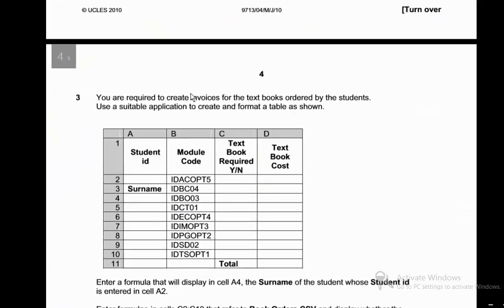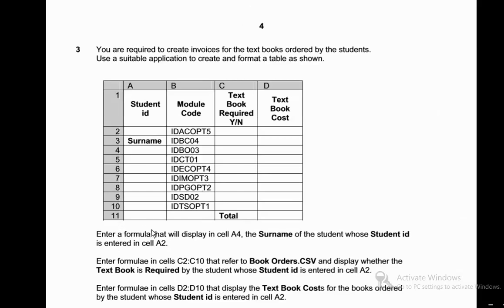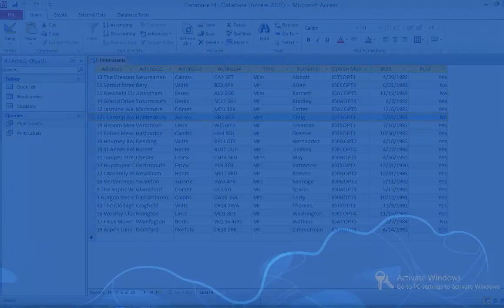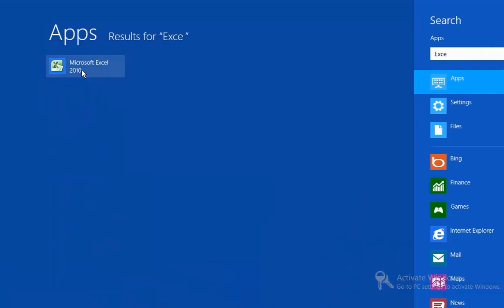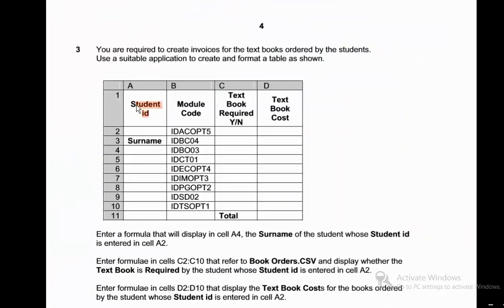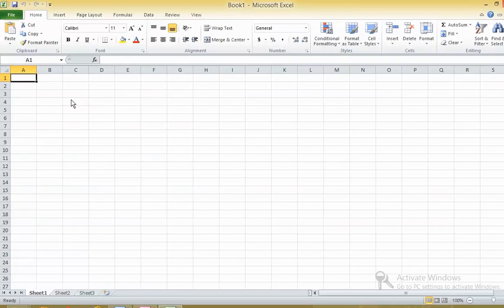3. You're required to create invoices for textbooks ordered by students. Use a suitable application to create and format a table shown below. So we need to create something like this. Enter the formula. So first of all, we need to create this. So let me open up Excel first. Okay, now I need to create something like this. Typing, so